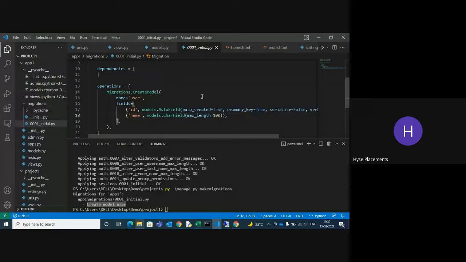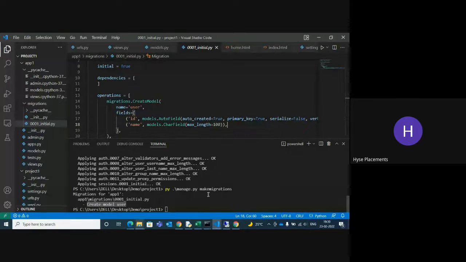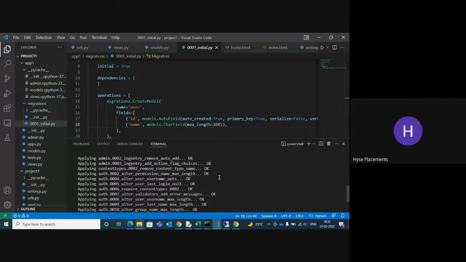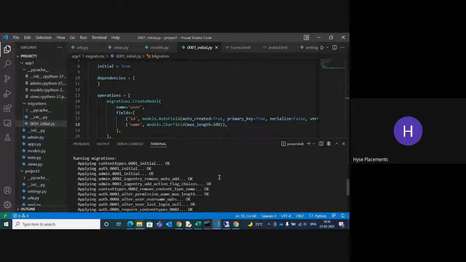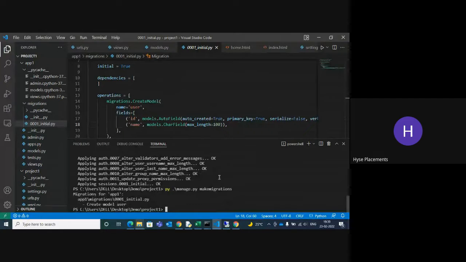You can migrate your files using this command. Before makemigrations you can use migrate. Migrate means your authentication, admin and sessions are all applied.